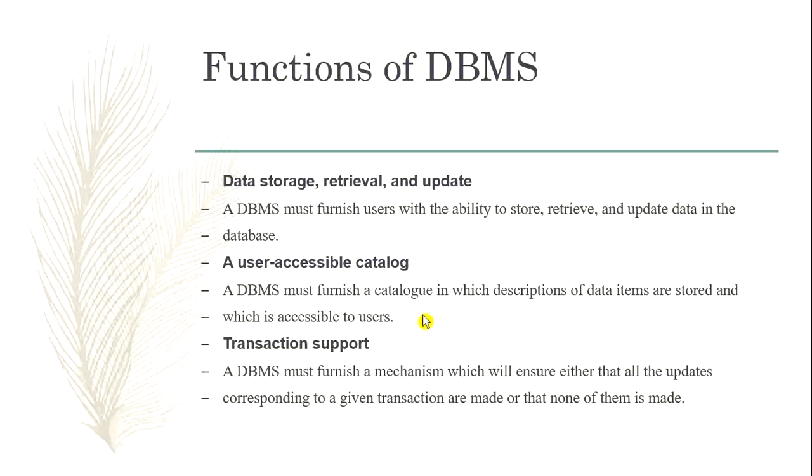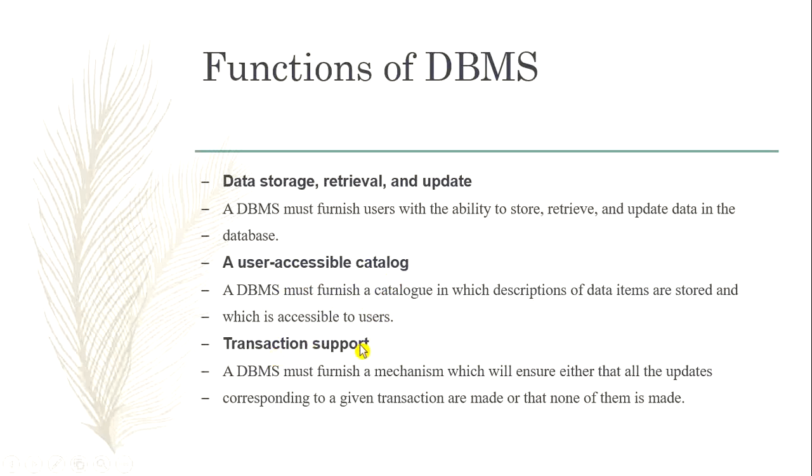Not all the users should access all your data. It also provides information about how to maintain security and integrity in your database system. So the purpose of using a catalog is that it can help to maintain all your data information in one place, which helps you to maintain control over your data as a resource. It also helps to keep a record of all the changes that are being made to your database, and it is also helpful for audit information. So a good DBMS must provide a user accessible catalog.